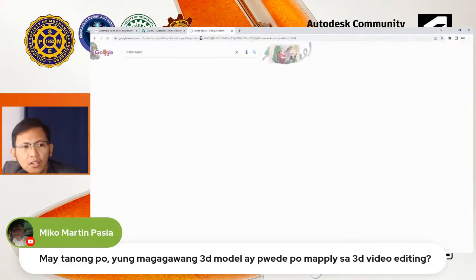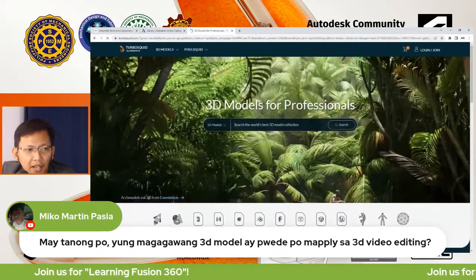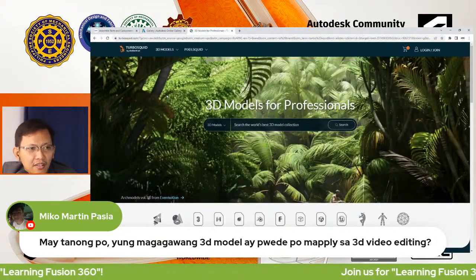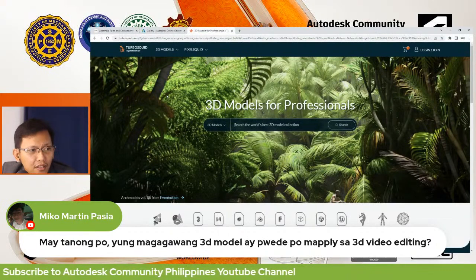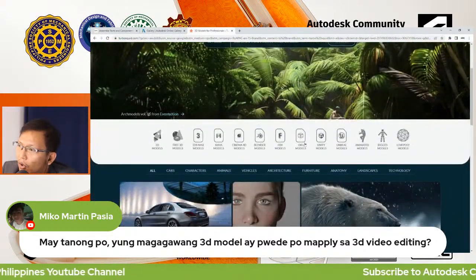Sa Fusion kasi, you can export that into OBJ. OBJ ang kalimitang ginagamit sa paggawa ng mga 3D movies. Sa mga movies, animated films, VFX. So, yung OBJ na yan,